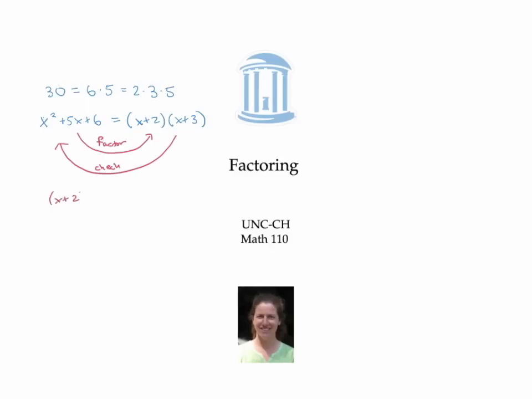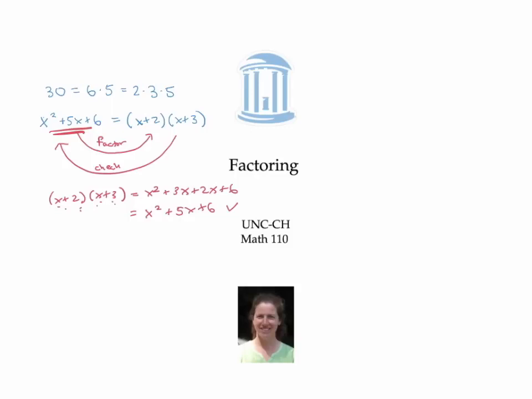If I distribute x plus 2 times x plus 3, then I multiply x by x, that gives me x squared. X times 3 gives me 3x. 2 times x gives me 2x, and 2 times 3 gives me 6. So that simplifies to x squared plus 5x plus 6, which checks out with what I started with. So you can think of factoring as the opposite of distributing out, and you can always check your factoring by